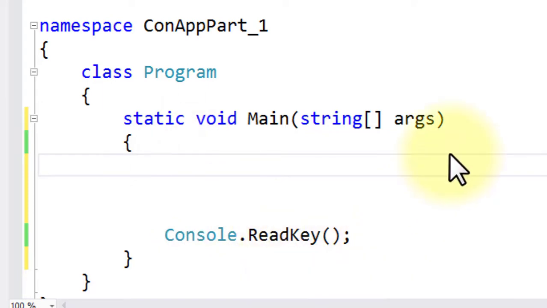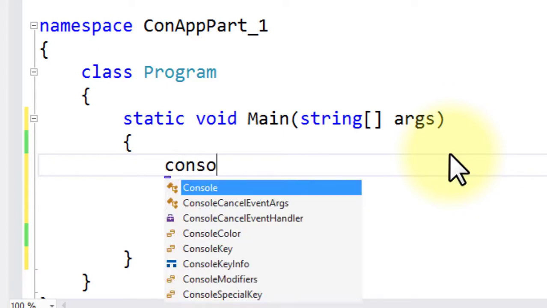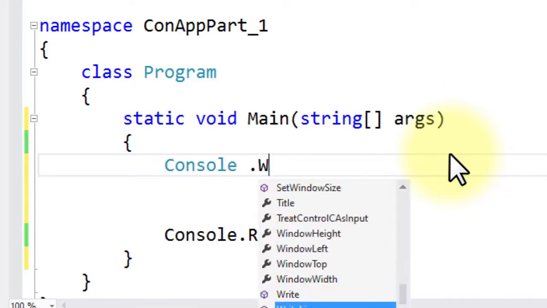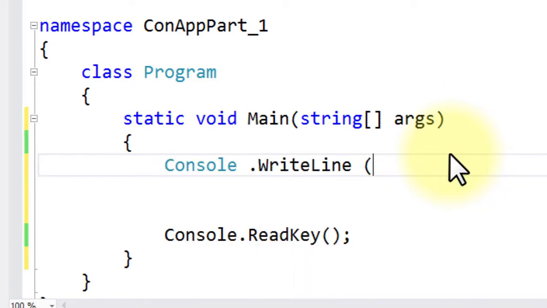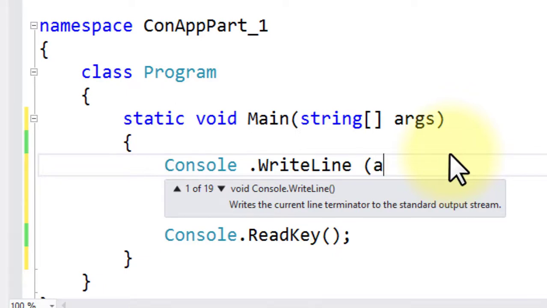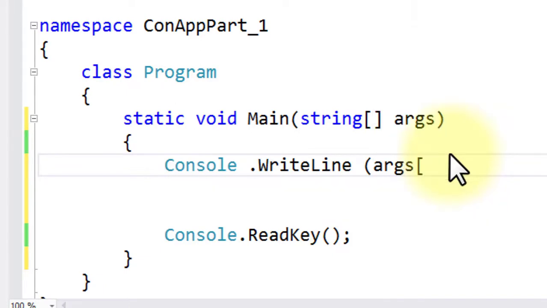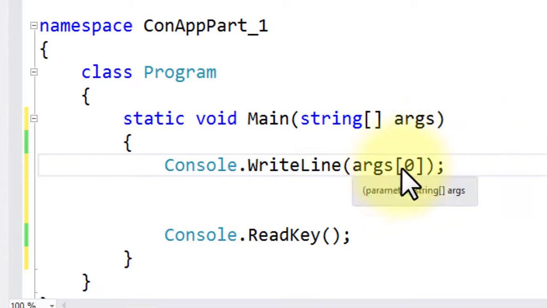Now, display the list of arguments that I am going to pass to this main method. Console dot write line, and I'm going to display the first argument, that is args of 0. What is the index of the first argument? That is args of 0.